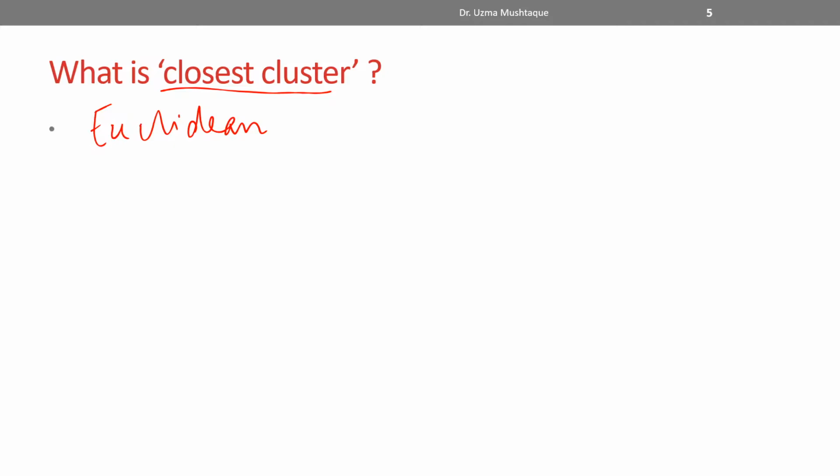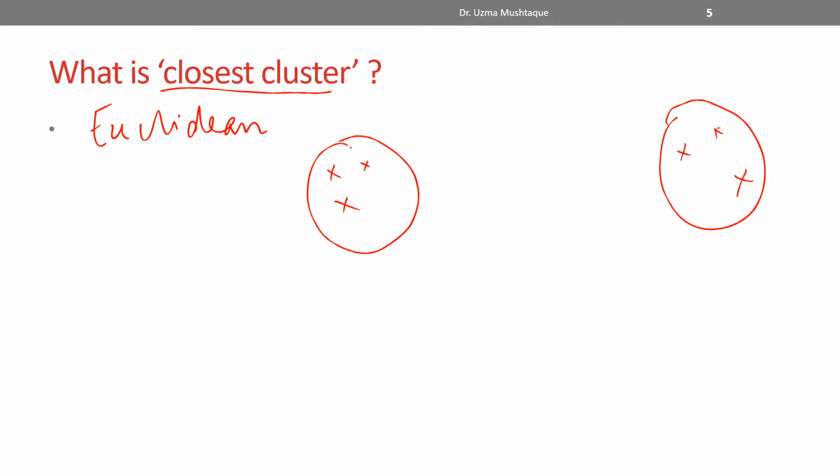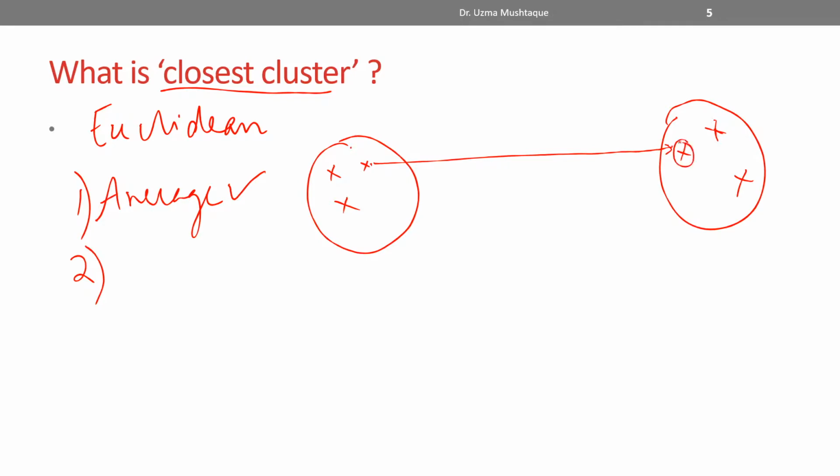The second question that arises is, let's say we have two clusters like this, right? And they'll have multiple points, right? So how do we decide the nearness or the closeness? Do we take the average of all the distances between all the points between the two clusters, right? The answer to that is yes, you can. This could be one method. Or do we take the distance between the nearest points between these two clusters, let's say this point and this point? The answer again is yes, because that's also an available technique.